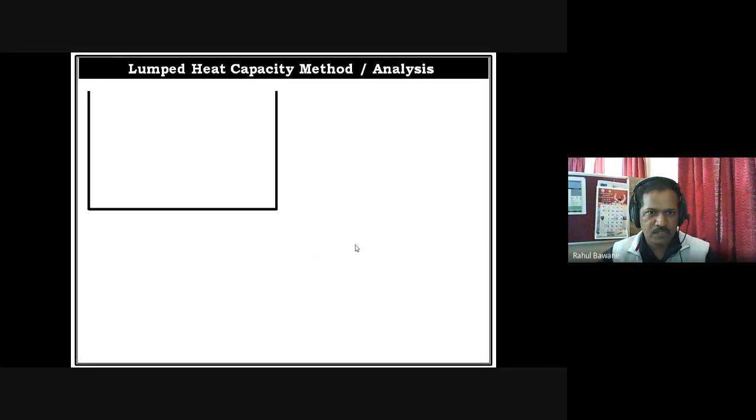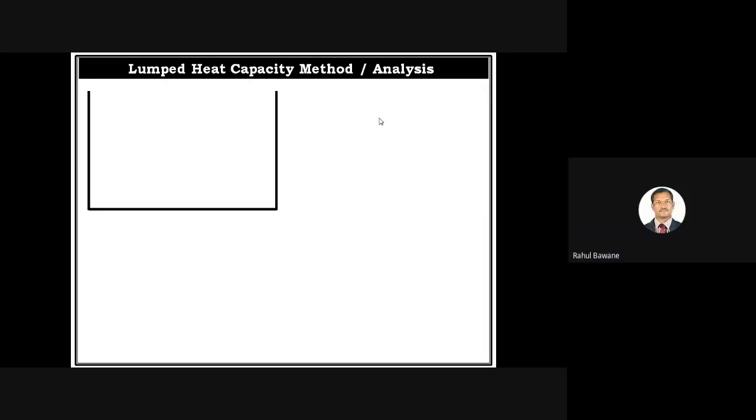Especially, this lump heat capacity analysis is used for problems where we observe the quenching effect. You might know the quenching process, where we dip any hot object into quenching oil or coolant. During the quenching process, this kind of heat transfer analysis comes under the head of lump heat capacity method. Now suppose there is one container having some liquid, and imagine there is a sphere,